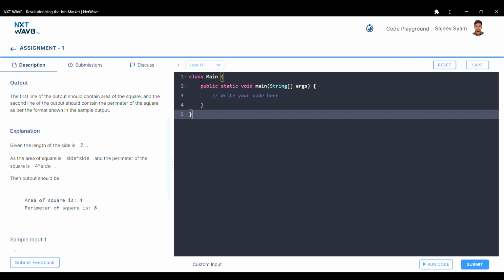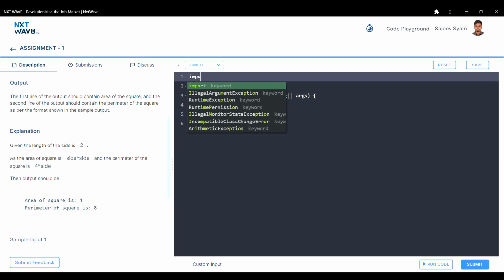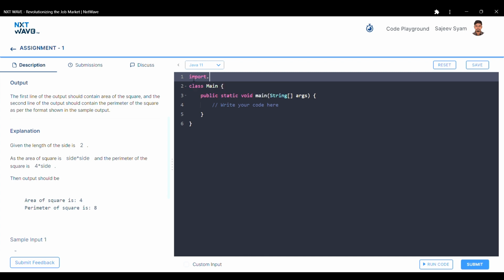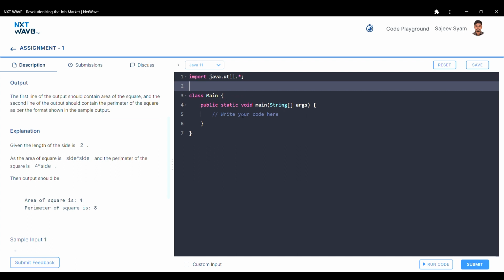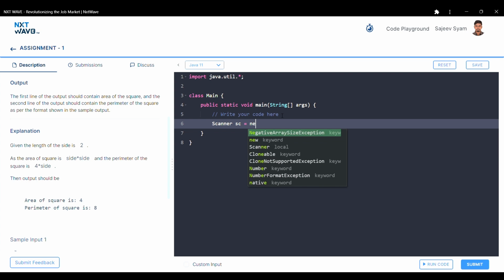Okay, let's get started. First of all, we have to take the input from the user. So we have to import the Scanner class, import java.util.* or Scanner, then the class name. We have to write the code here. First of all, we have imported the Scanner class, so we have to create the object. Scanner sc is equal to new Scanner